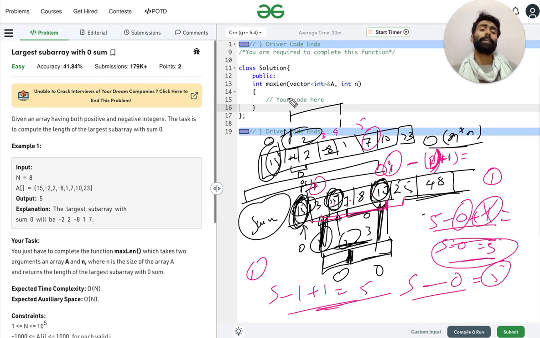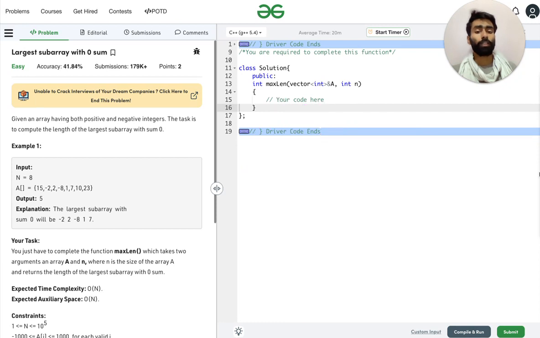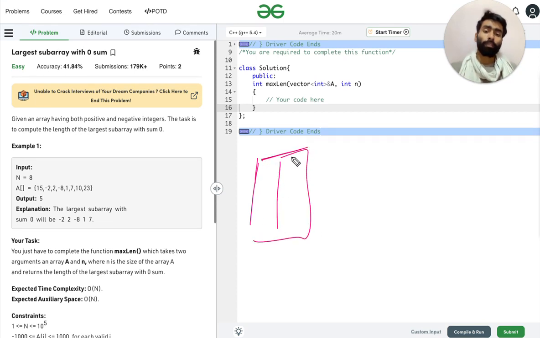So we will implement this conditional method to obtain the solution. To have this solution, we can have a map where we will add every sum we are getting, and we will add the location where we are getting this sum.